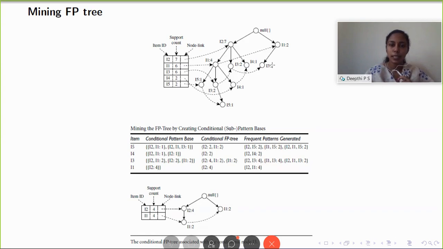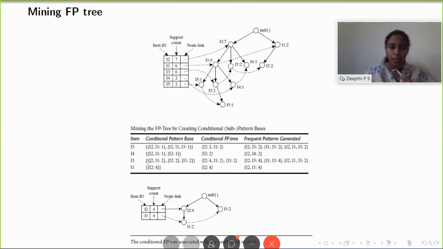Now since these paths are in different branches, for the support count of I2 you can add these two counts. I2, I1 with support count 2 means that I2's count is 2 and I1's count is also 2.